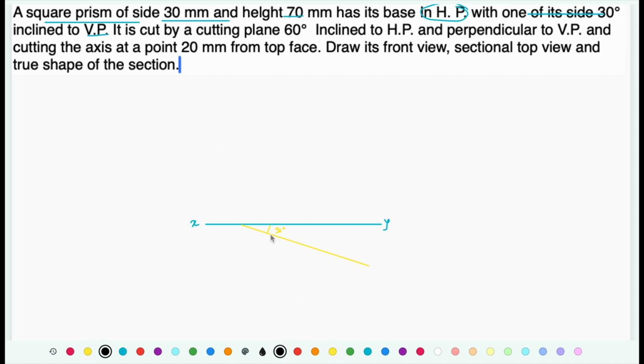So the square to be drawn having a side length of 30 mm. So this is A, B, C, D and 1, 2, 3, 4 because it is a square prism,